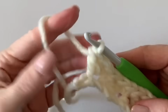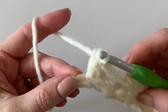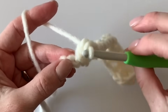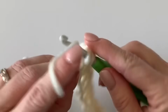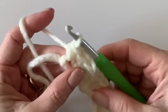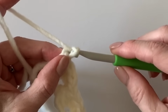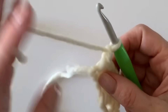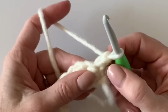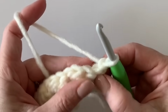Now when you get to the end of the row, there should be 1 chain space left, and into that chain space I will just work 1 single crochet. Now chain 1 and turn. That chain 1 sort of counts as your first single crochet if you need to think of it that way,